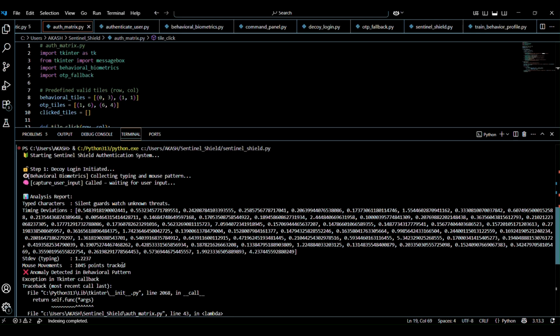The first time I gave it, it was 13,000 for every 4 inputs. Here it is 1048, and for an exact login we need maybe 436. Those are the points this Sentinel Shield measures, where it will track your mouse movements, typing speed and typing patterns.